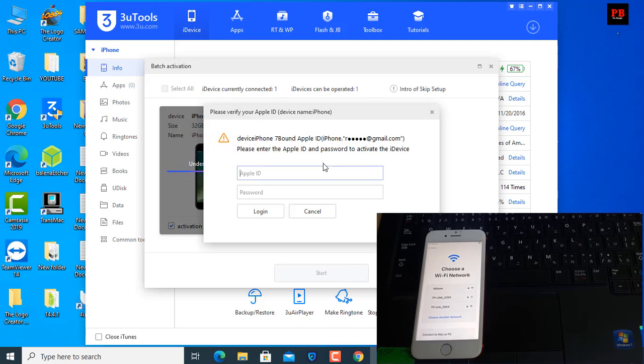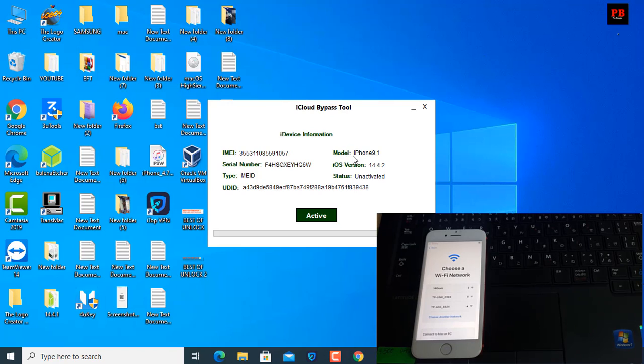Now as you can see, this is an iCloud lock. Now I close this one. After closing, I just click activate. After clicking activate, it needs a few minutes. After it is successful, I will show you.